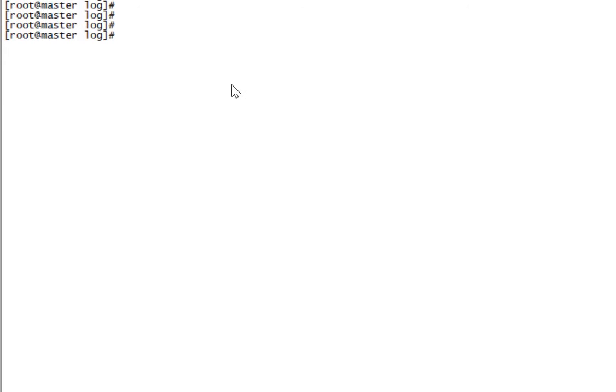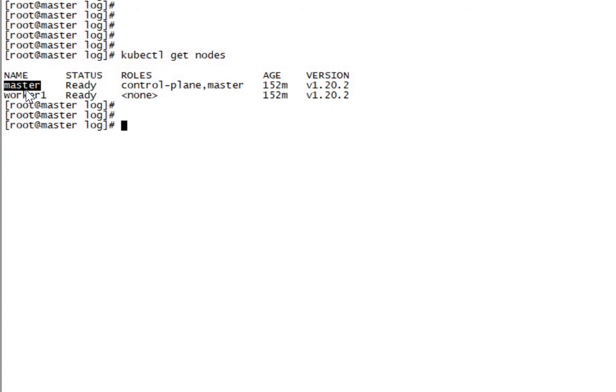So let's proceed. Here I have one worker node and one master node. kubectl get nodes: one master and one worker node. I have removed the taint from the master node so that we don't need any toleration to schedule the pod on the master node. If you want to understand about taint and toleration, how to apply and remove the taint, how to apply the toleration, etc., then let me know in the comment section. We will discuss taint and toleration also.